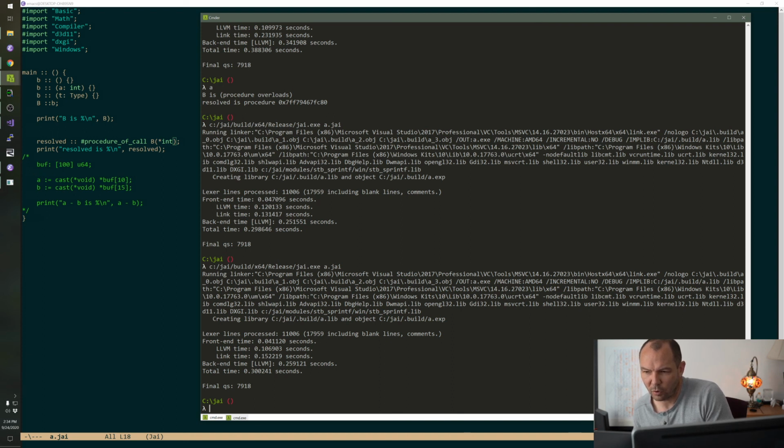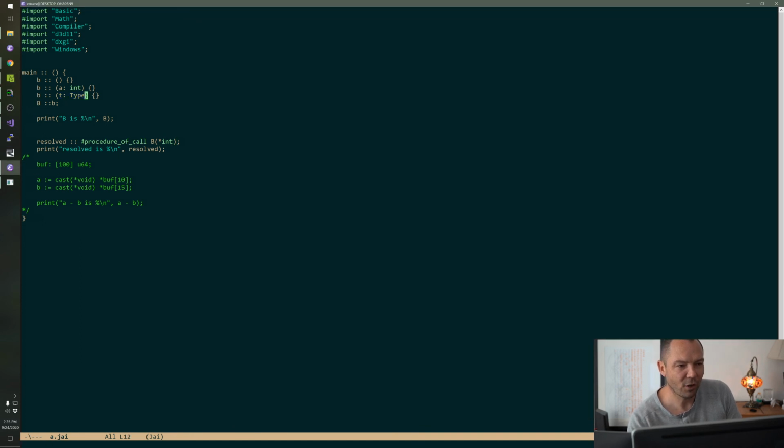If procedure of call also accepted B of int. Oh, right. Yes, I see. Well, that's one reason why I didn't do that, right? So if we did that variant where it accepts the types, we would either have it be a different directive name or have a modifier on it. Because yes, if the argument is a type and you put a type, that's ambiguous, yes.